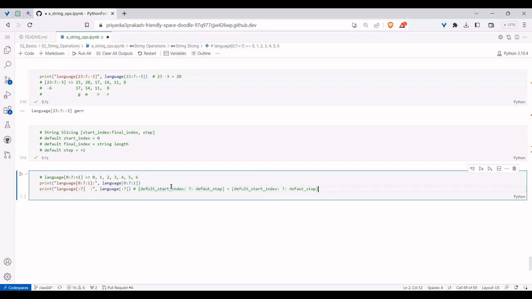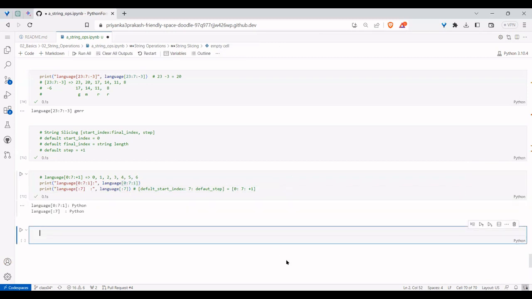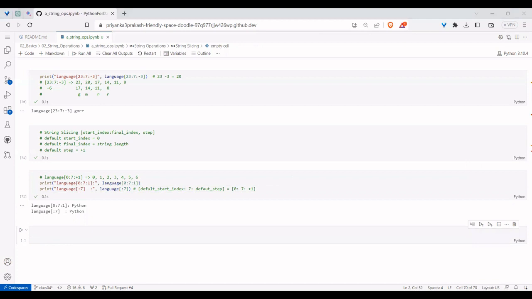The default starting index is what I wrote at the top, which is 0. The default step is +1. Don't you see you got the same values? That's the reason that if you generate in both the directions, you get the same things. So this is how it will work. Hope it's clear. Any doubt till now?